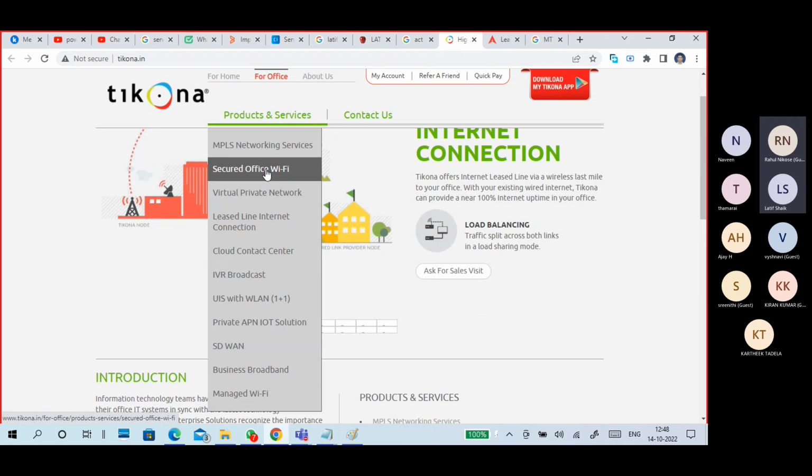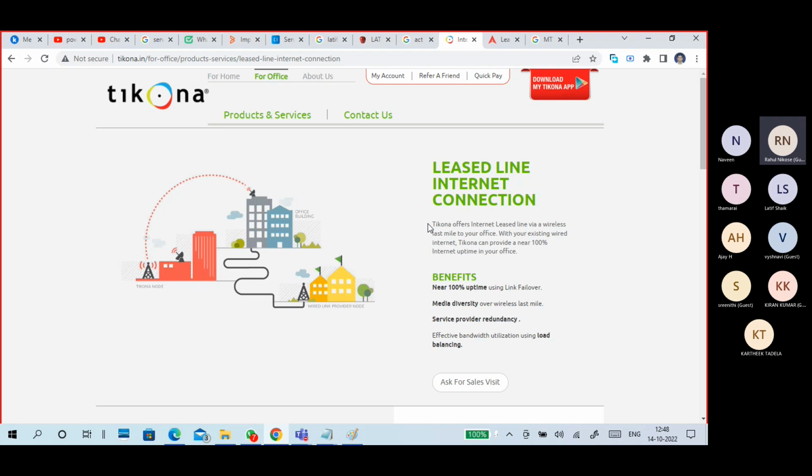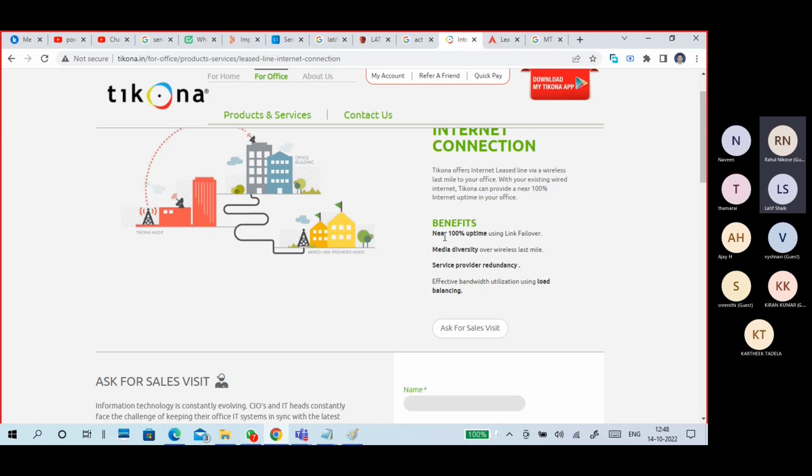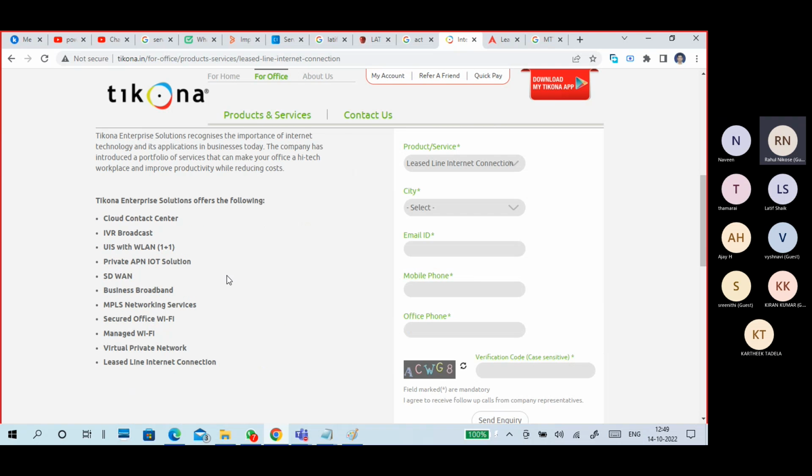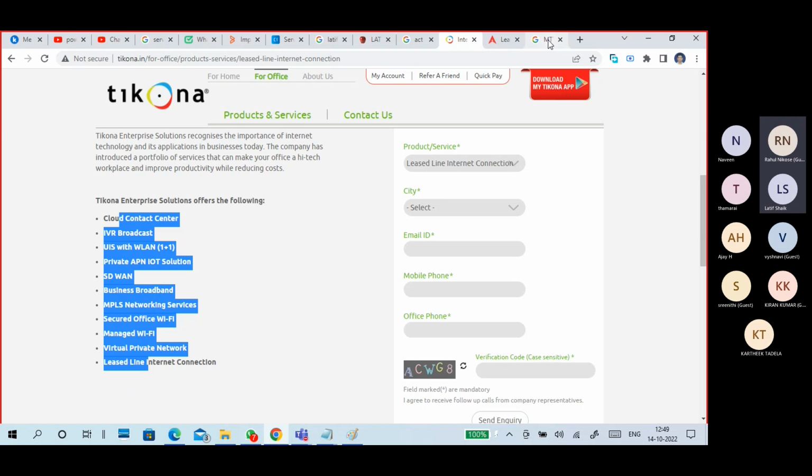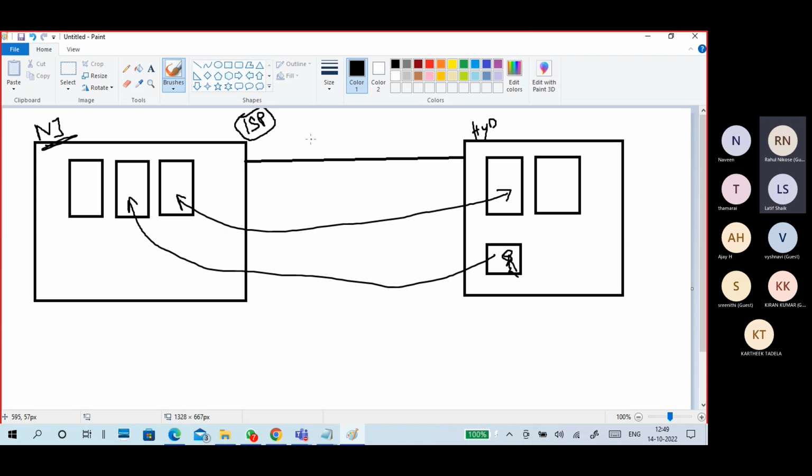On the office page it is showing products: leased line internet connection, wireless, and near 100% uptime, link failure failover, media diversity, service provider redundancy, effective bandwidth utilization using load balancing, something like that. So the point is, what are leased lines, and what is the difference between leased lines and broadband?